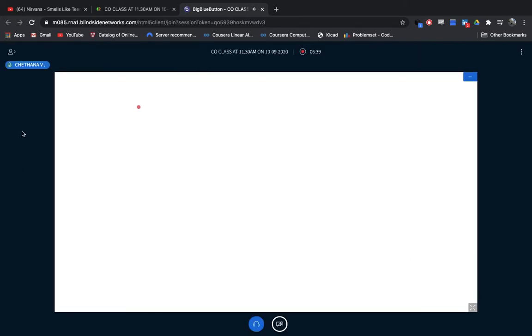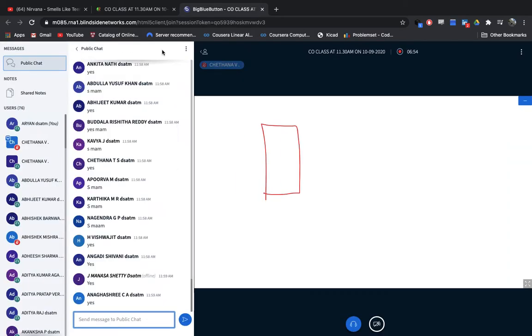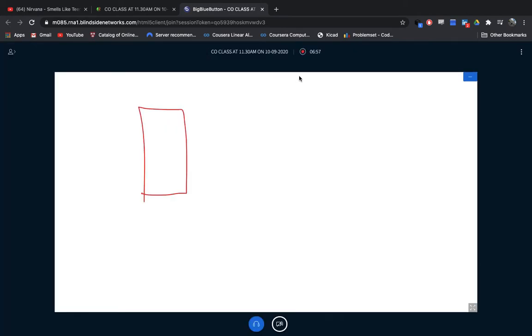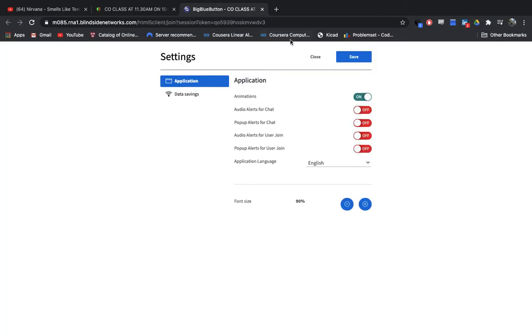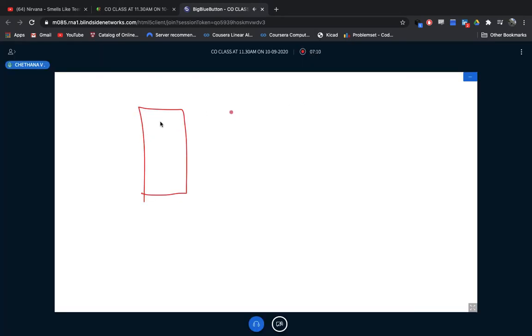Okay, so we'll be having a memory location like this. I'll take one memory location. This is the memory location. So I'm going to draw here. Just a minute. Okay, this is the memory location I'll be having. So I'm going to store the data, 0 or 1. Only these two data are with me.